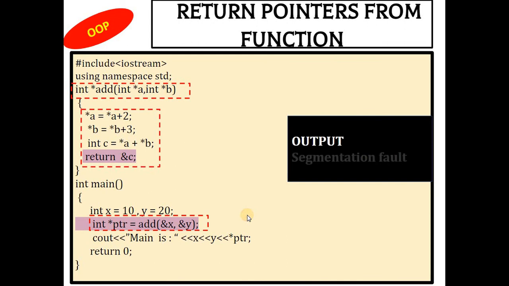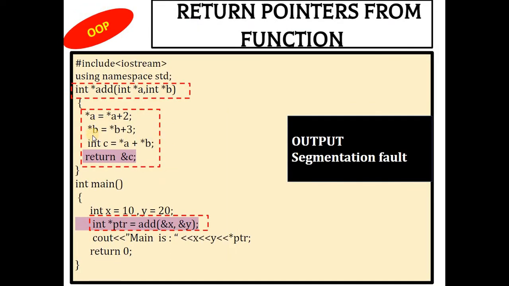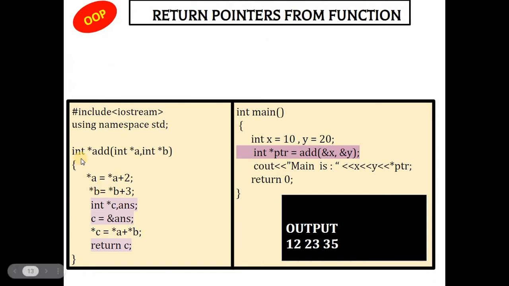the program will give a segmentation fault. Now why is the segmentation fault coming? Just observe why the segmentation fault is given, because we are writing integer c is equal to asterisk a plus asterisk b, and we are returning the address of c. This should not happen. The c should also be a pointer, because we should return the pointer over there, and that is why now just see the changes which we have to make.